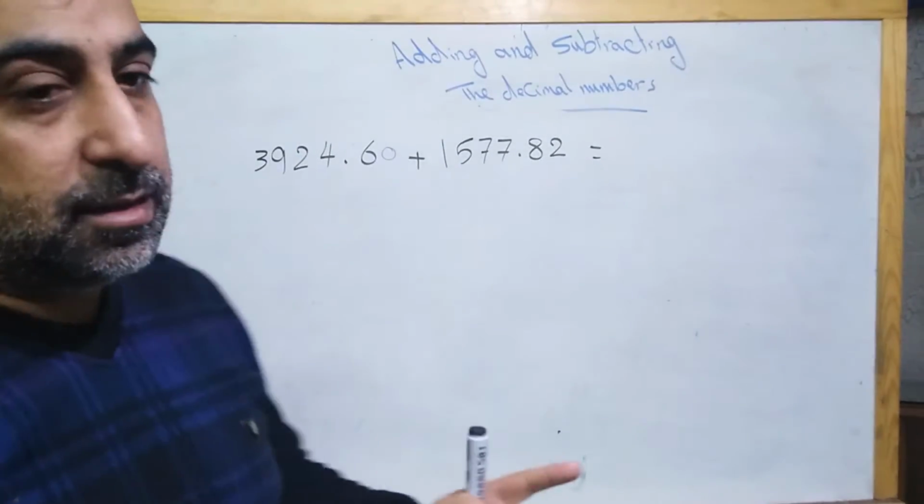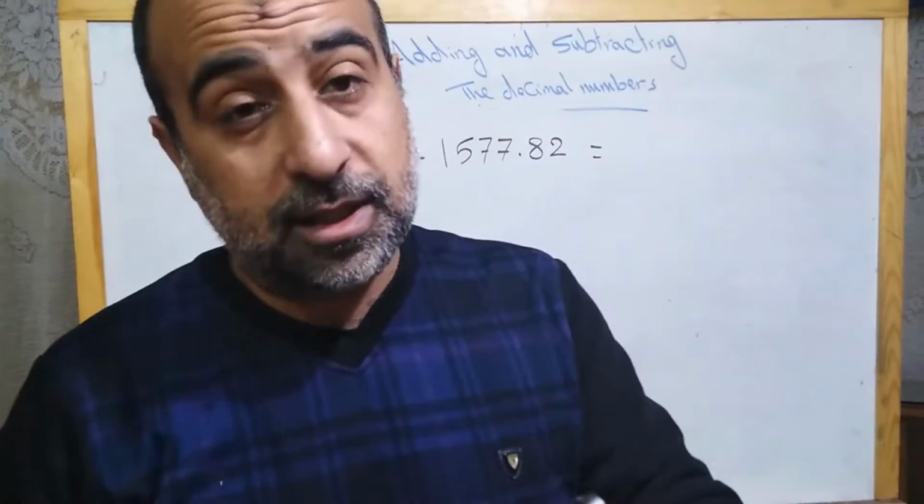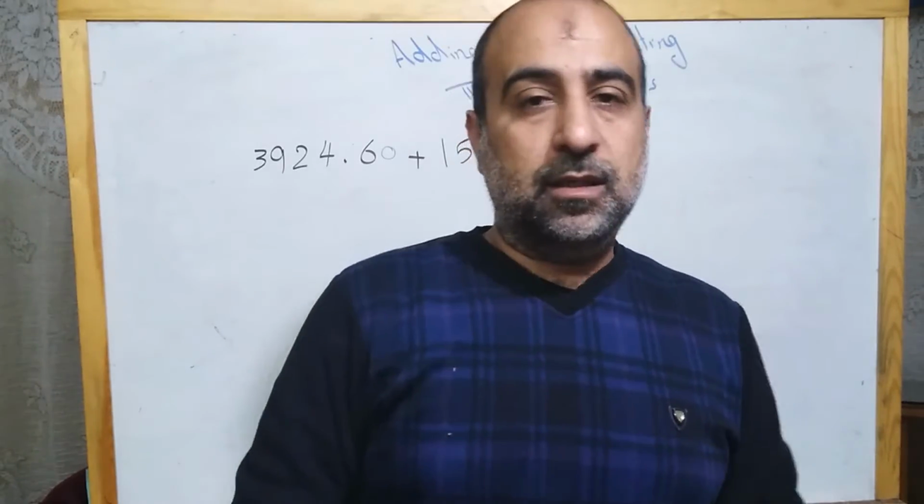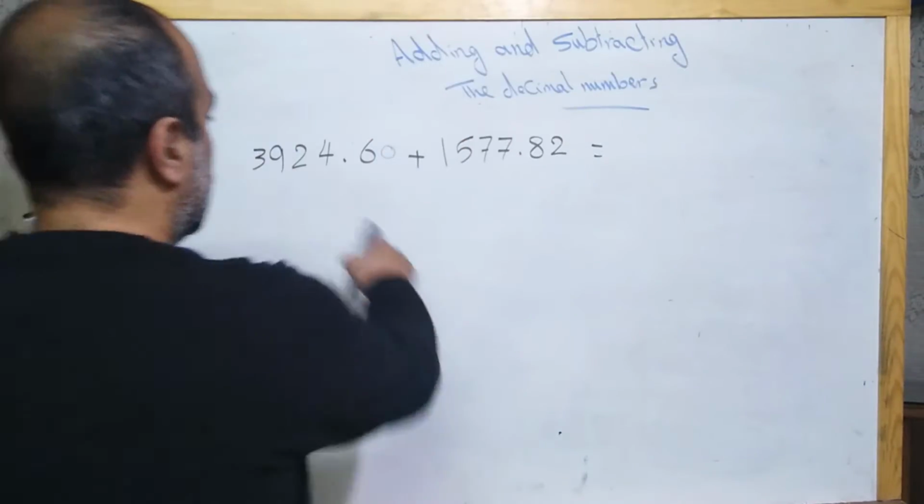My advice is don't add or subtract any exercise in the horizontal form. So make the draft to make it easy to find the sum. We will write